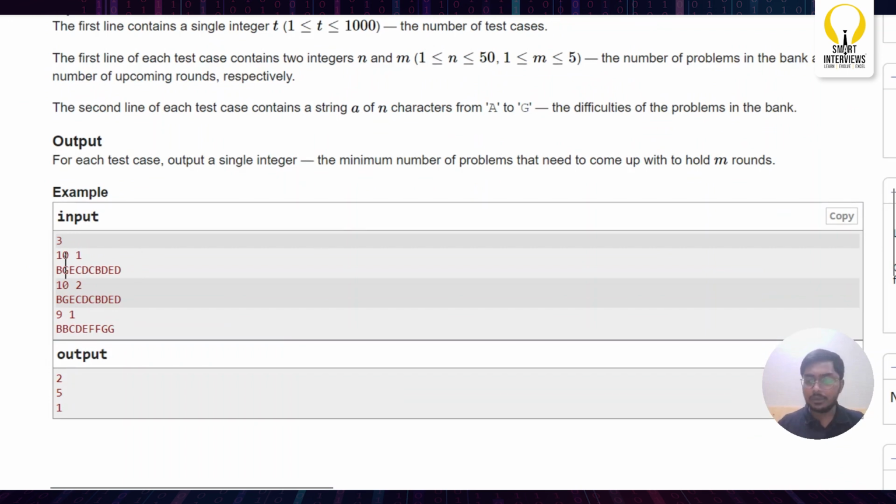Coming to the second one, two things are given. One is m and here it is n. N is the number of problems he has. Here the problems' difficulty levels are also given. Here he wants to conduct two rounds. Now when Vlad wants to conduct two rounds, can I say that he should